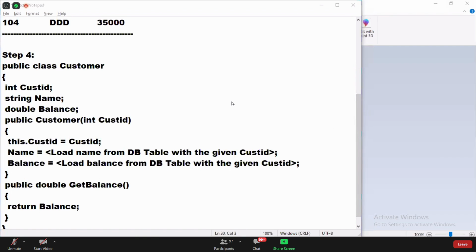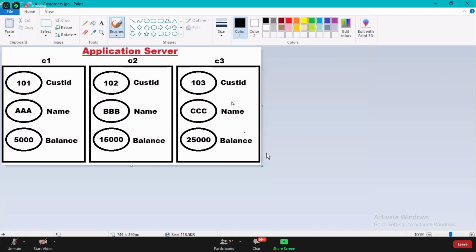By using an instance. Okay then, answer my question. c1.getBalance, what is the output? 5,000. c3.getBalance, 25,000.